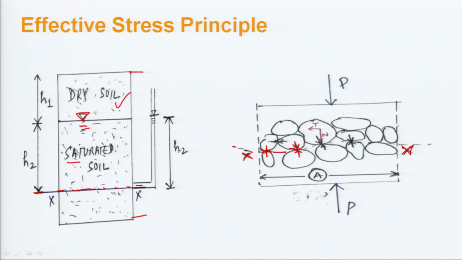So, here the forces will be trying to balance each other, or they will be trying to exert some force on each other. The soil solids are trying to exert some force on each other. Now, see here also there is a point of contact, this is a point of contact, but we are considering this XX section. So, we will take this XX section and discuss how the effective stress is generated at this point. Here also this is a point of contact, but we are studying on what line? On this section, that is XX.